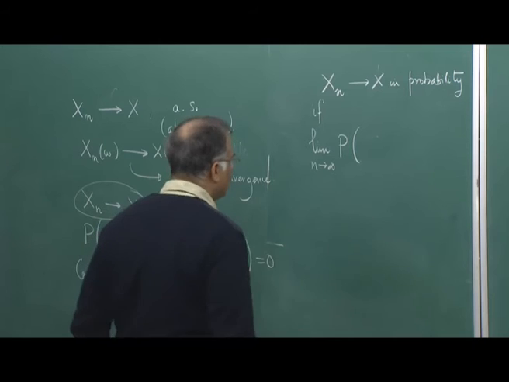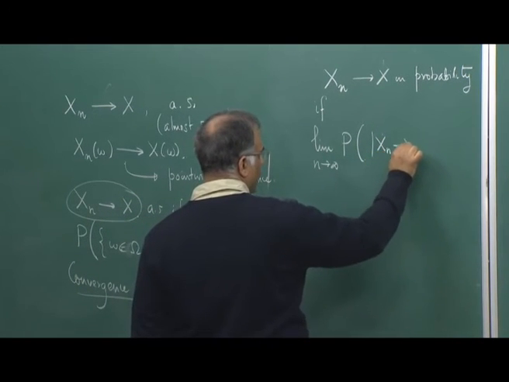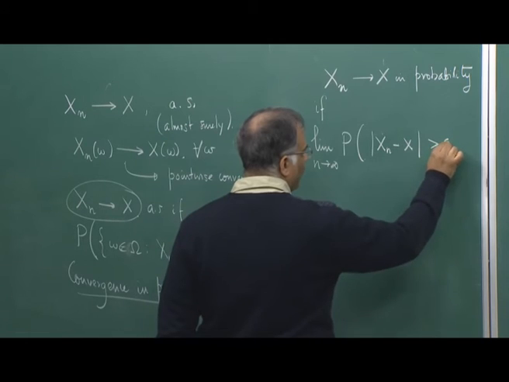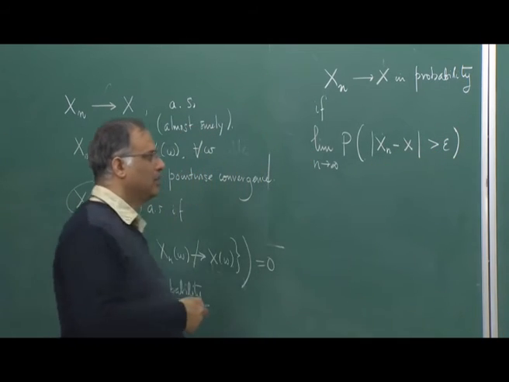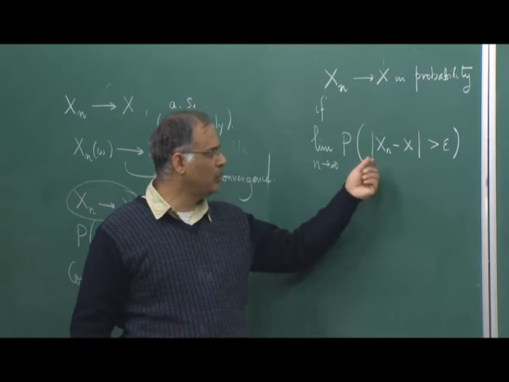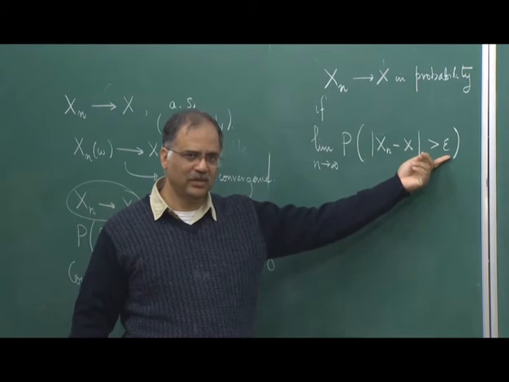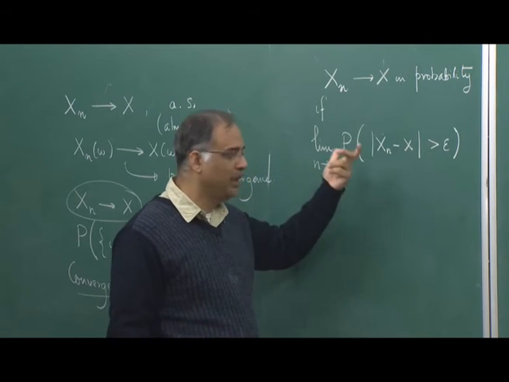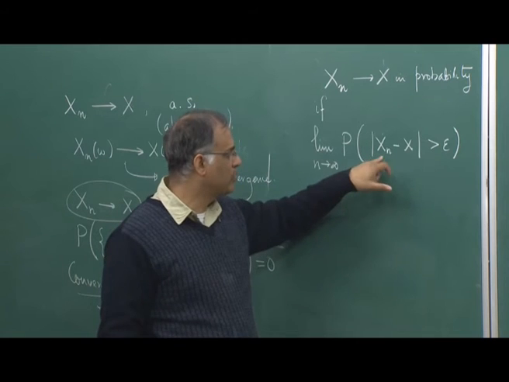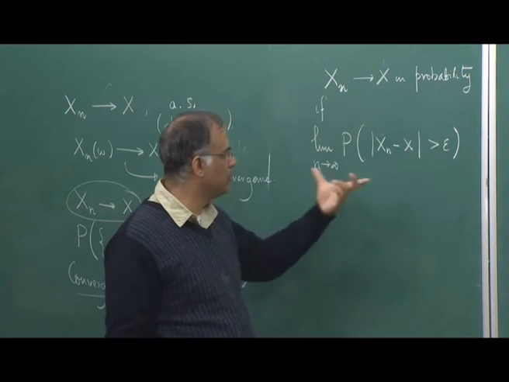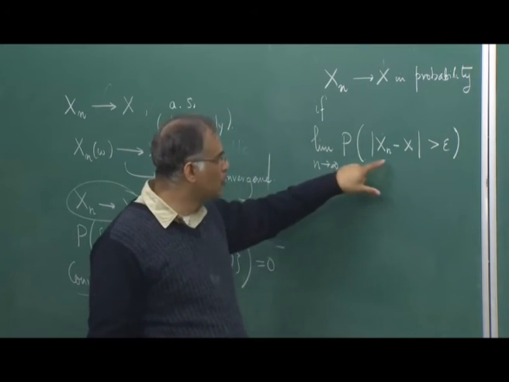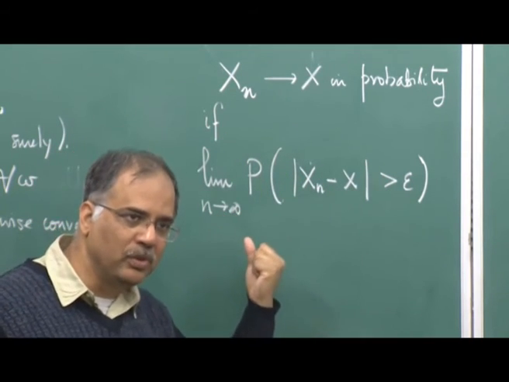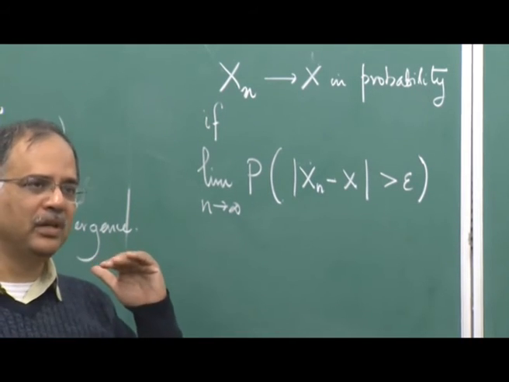So we are saying that, for any given epsilon, take any epsilon, the probability of the set of all omegas such that the distance between Xn and X is strictly greater than epsilon, as you keep on increasing the value of n, say |X1 minus X| greater than epsilon, I collect all those omegas, that has a probability. Then |X2 minus X| greater than epsilon, there could be some omegas for which that is true, so that will have a positive probability. But then as I increase the value of n, this should go to 0,